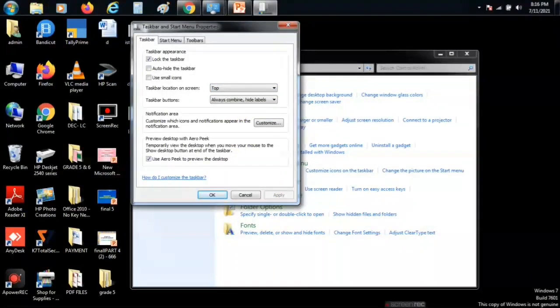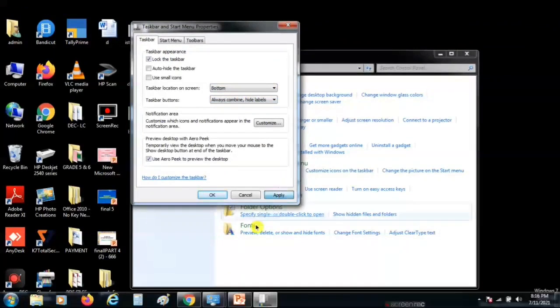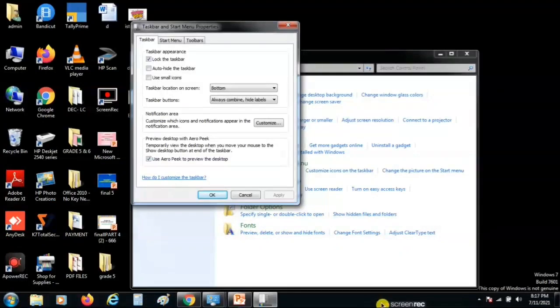See, my taskbar is at the top of the page, and it is locked. Now once again I will keep it at the bottom of the page, and I say apply. Now see, my taskbar is at the bottom. This is lock the taskbar, either left, right, top or bottom.